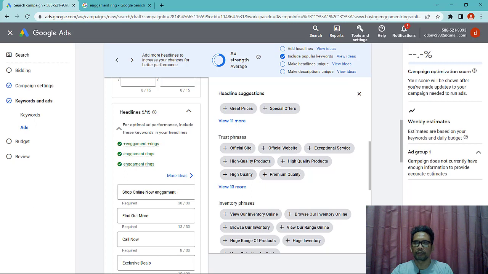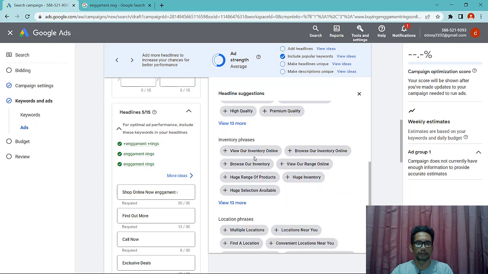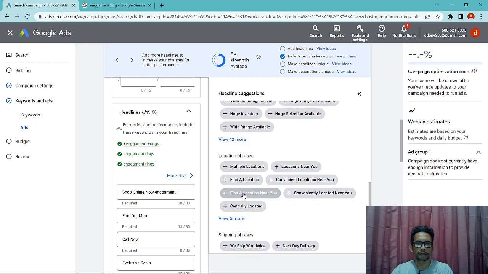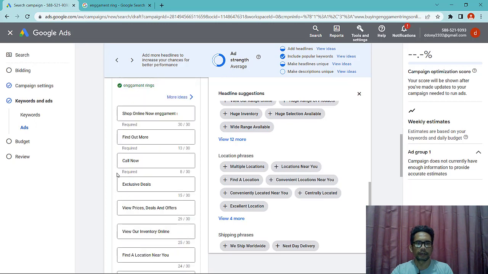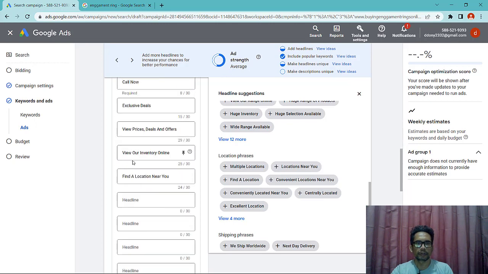Well, some repetition is fine, but the best way to improve your ad strength is to add as much unique content as possible. You can see ad strength will change if you put in different headlines.